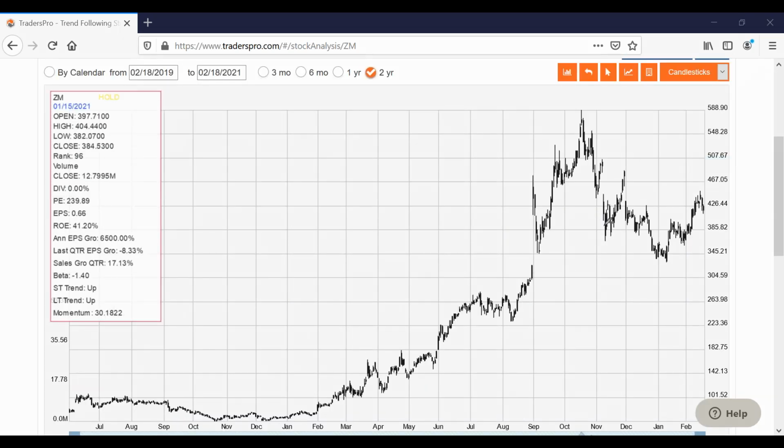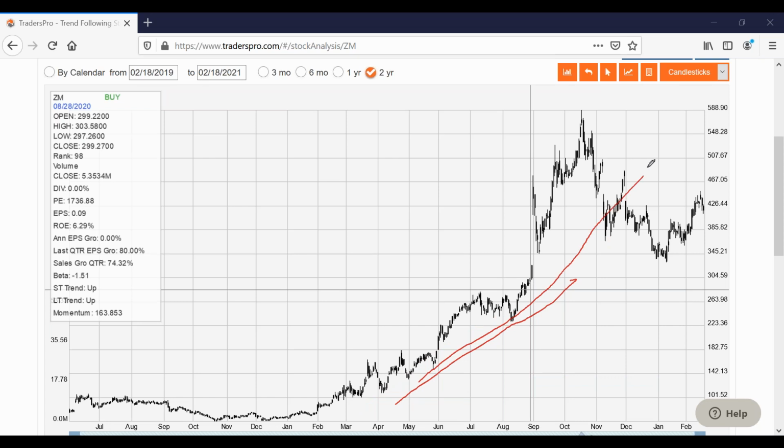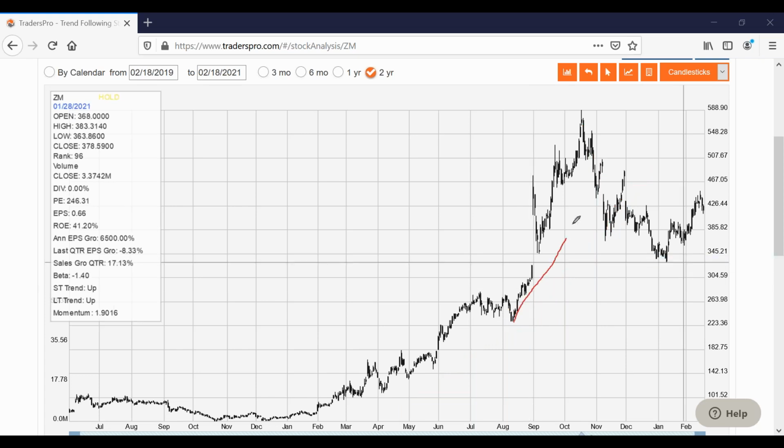One of the reasons why I believe this is wave A right here is it broke the trend. I can draw a straight line. It kind of broke the trend on that. It really broke it on this last run up right here. The selling broke the trend, bounced, and then came back down here.